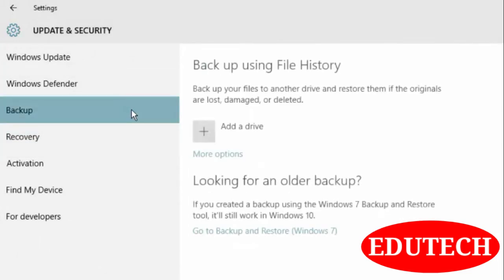Most important is backup. If you have more system files and more things which are important to you, then you must take a backup, because when you lose files, it will cost you a lot. Believe me. So take a backup on any external drive like DVD, pen drive or any hard drive. So this is about Windows 10 backup and recovery and all the things we have covered in this video lesson series.